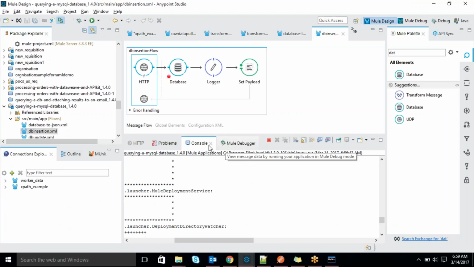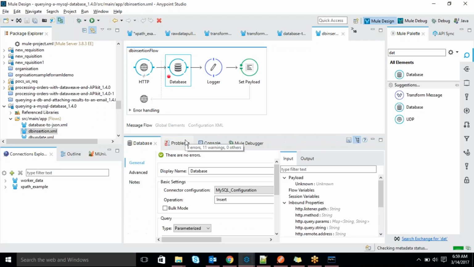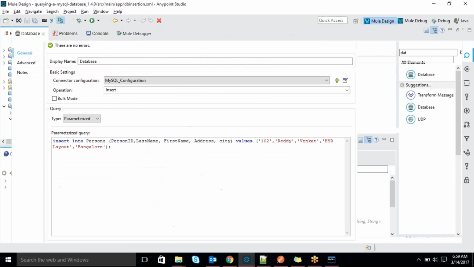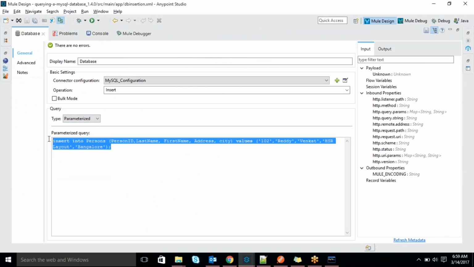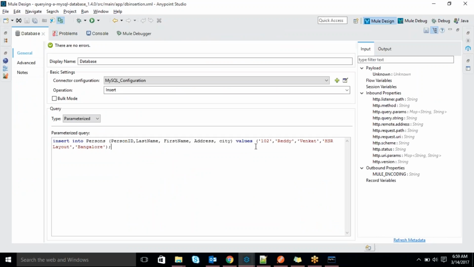So do we have any questions in this? I just chose an insert operation. I chose the type of query as parameterized. Then I write the query itself. Here I just entered the hard-coded values, but in case of